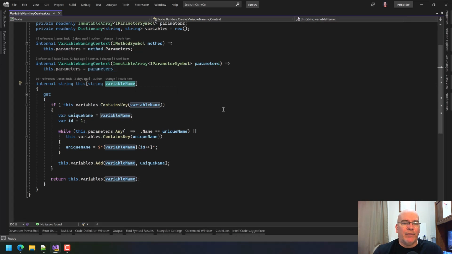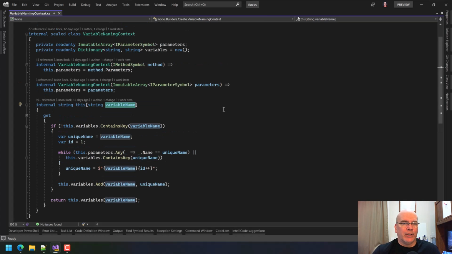Do I currently have that? And if I don't with the parameters, or I haven't used it before, I think, then I just say, hey, give me back that name. Otherwise, I will increment by a number to come up with a unique identifier. And then every subsequent ask of that variable name will give me back that unique name.